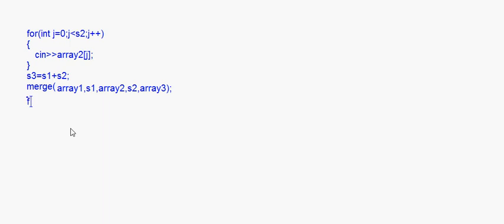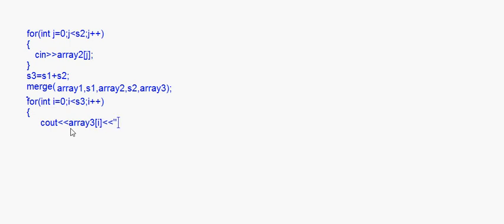So that is a simple for loop which you will put, for int i = 0, i less than, now the size is S3 for that, right? Okay, i++, and here you will write cout array3[i], right?